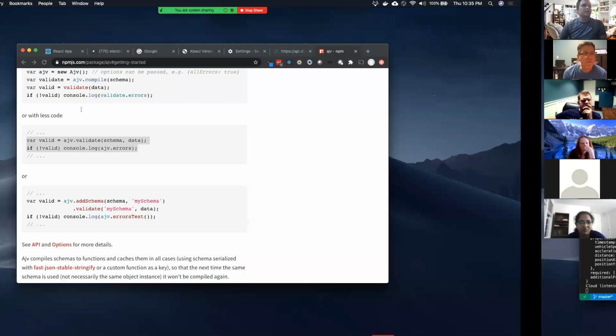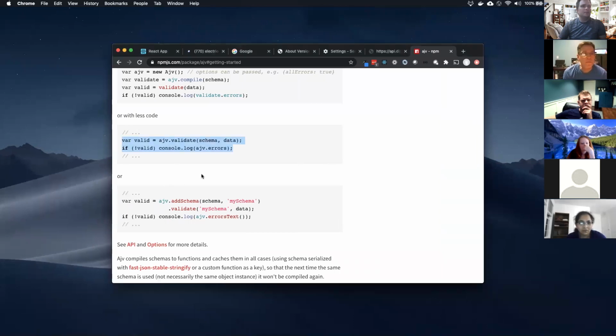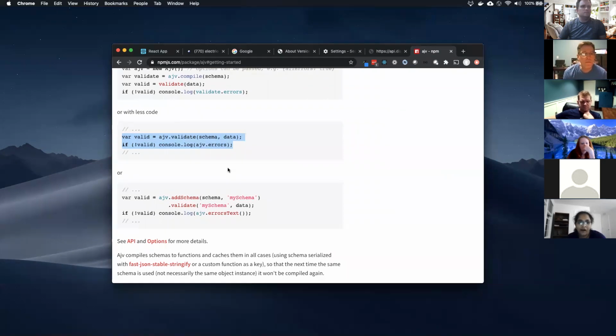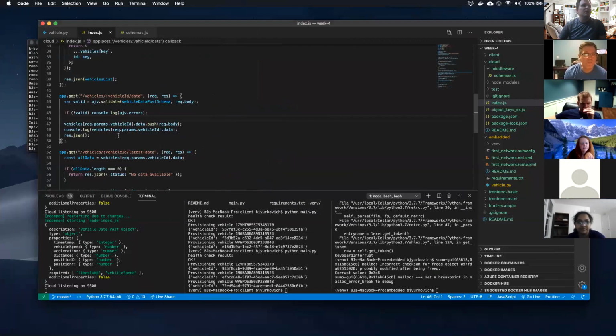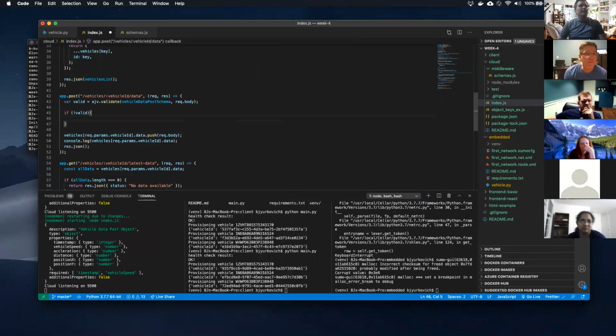If it's not valid, then we will do a return res.json of ajv.errors.